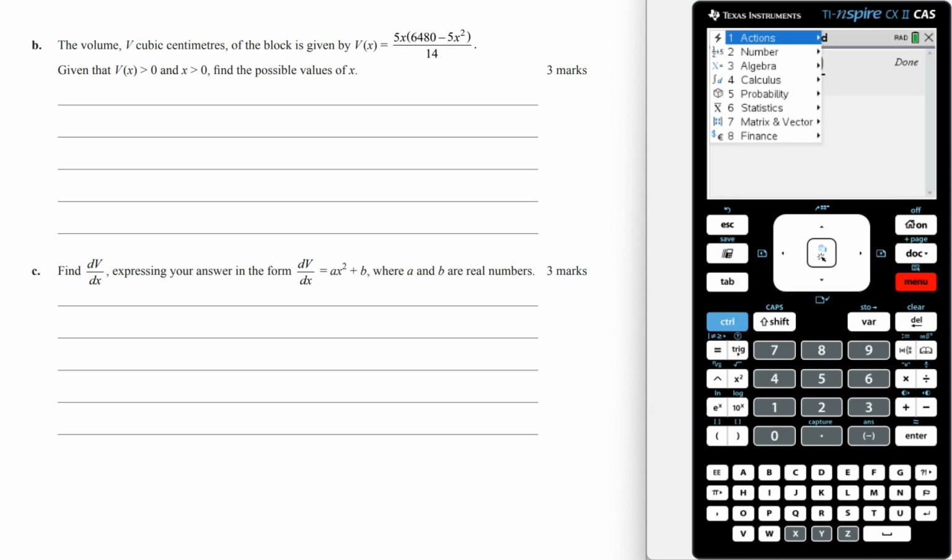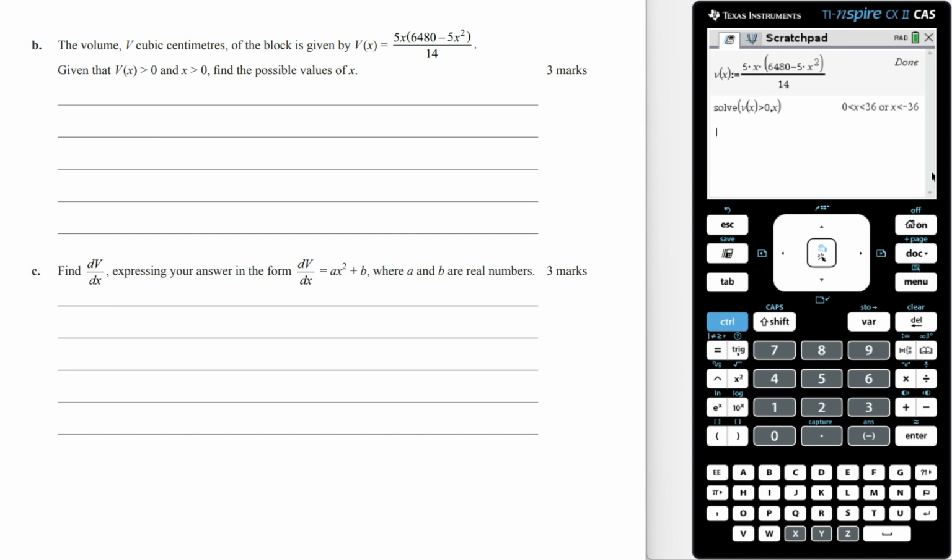And so solving for x. And so when x is between 0 and 36, or when x is less than minus 36, v of x is going to be larger than 0. But we want x values to be larger than 0, and so the answer is going to be for x values between 0 and 36. Now, honestly, I'm not sure why this question is worth 3 marks, but if we had to show working out,